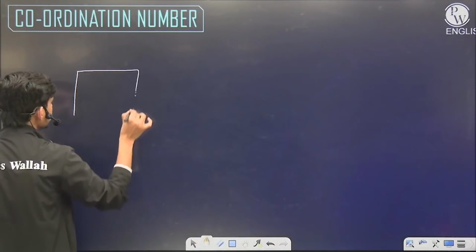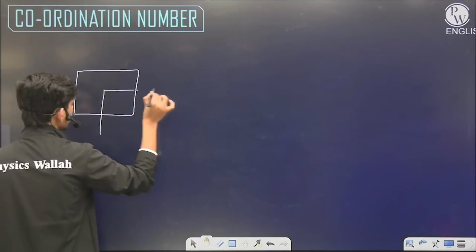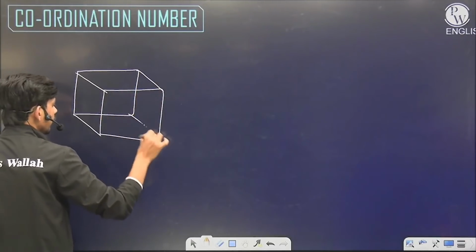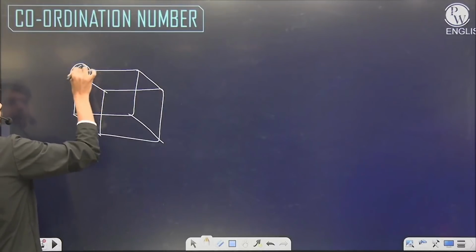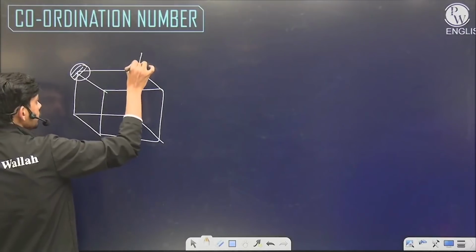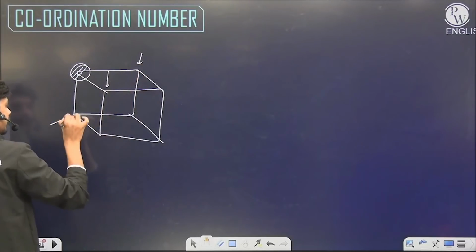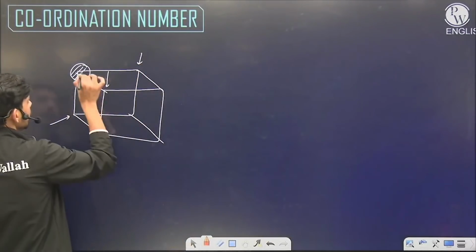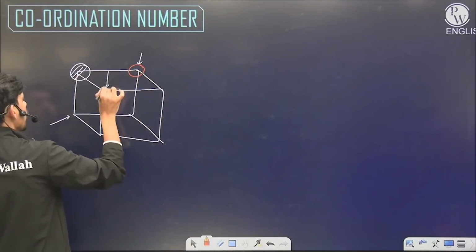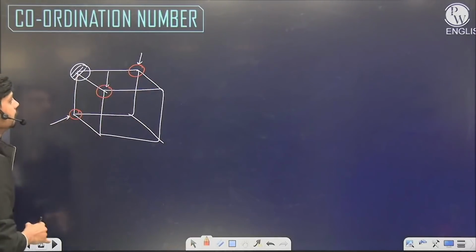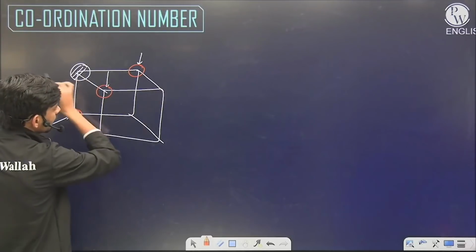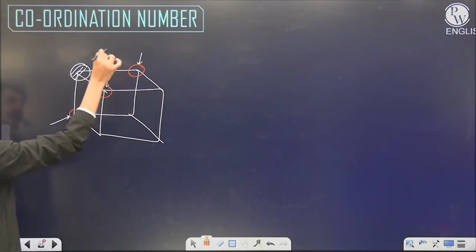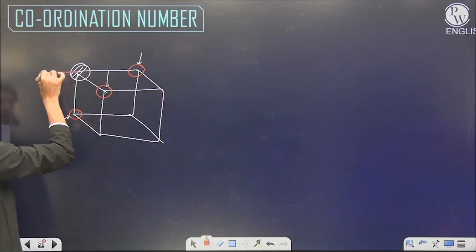If I try to make it visual for PCC, if I take this corner, we can see this corner, and this corner. These three corners are in its close vicinity. That means it can touch one atom here, one atom here, one atom here. And now this edge is repeated infinitely. The solid is a complete, infinite structure. So this edge will be going back as well.